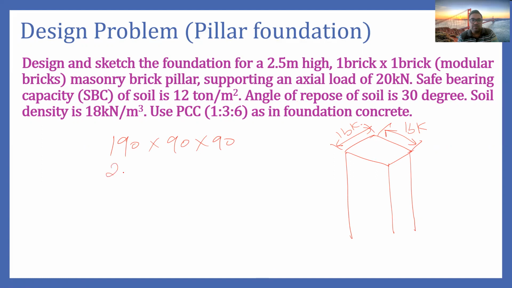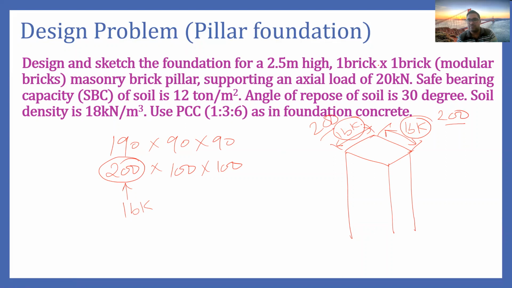And with mortar, it becomes 200 by 100 by 100. So in this case, this 200 will be one brick. So here, one brick means 200. Similarly, this one brick means 200. So the size of brick pillar is 200 by 200 mm. So this is how we try to have the dimension of the brick pillar